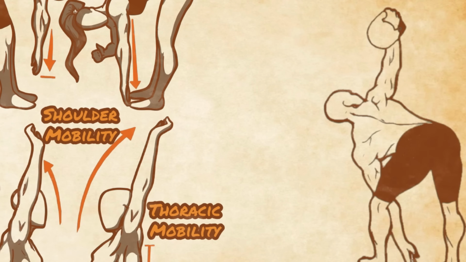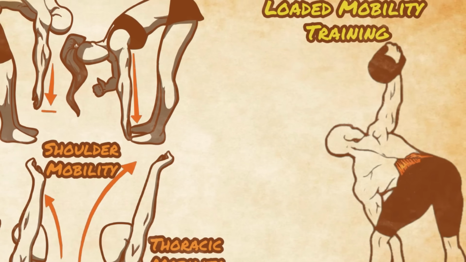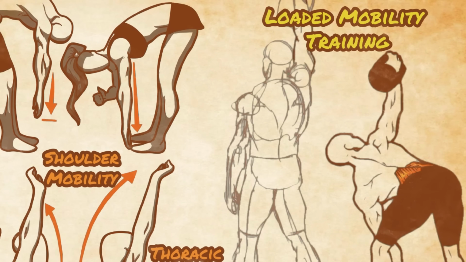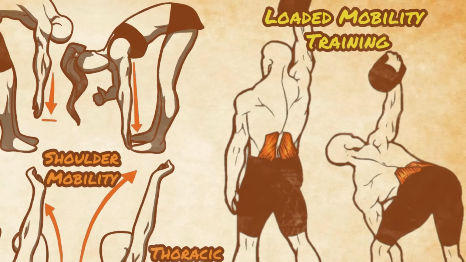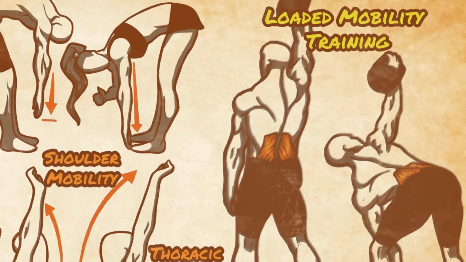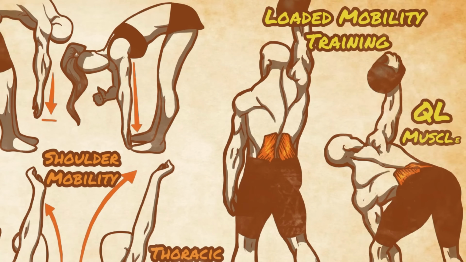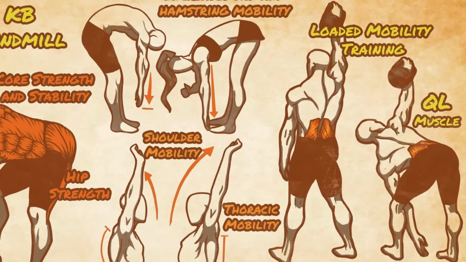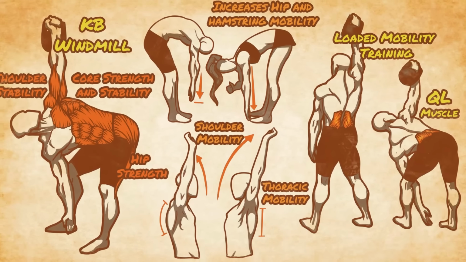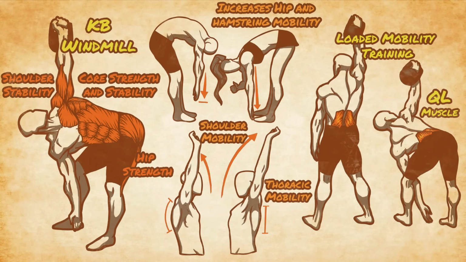For the hips and low back, this is a form of loaded mobility training, which is by far one of the best ways to truly rehabilitate mobility ranges, but unfortunately also leaves the body vulnerable to strains in the very beginning, especially if you try to push through it before the body is truly ready. This is particularly true of the QL muscle in the lower back. For many people, this muscle is weak, tight, and barely used, and it will take time for it to come back online and to become mobile once again.